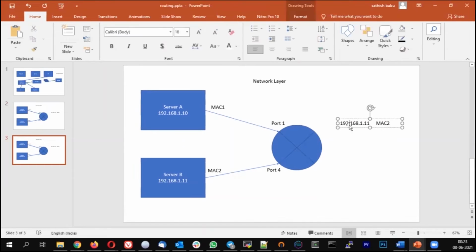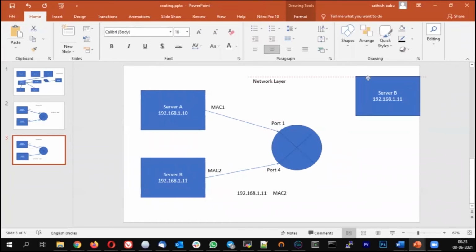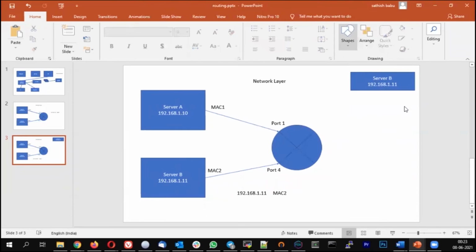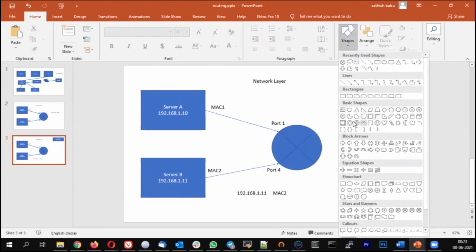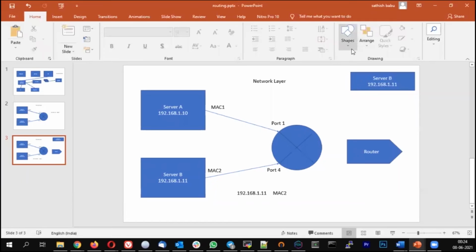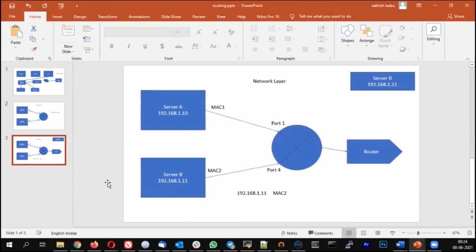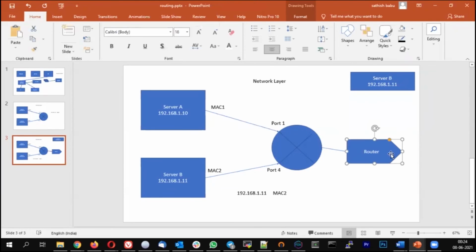Imagine this server is within the switch. I don't have any issues. I have the MAC address, and I'm able to connect, right? Imagine there is a server C, which is not directly connected to the switch. This is where the router comes into the picture. This is what happens in layer 3 networking, where when the packet is going out through the router,